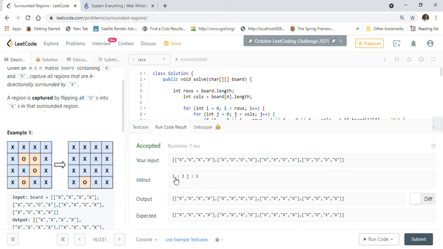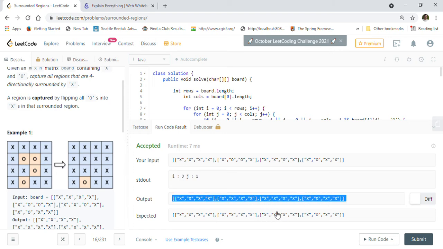So as you can see, first we go to 3 comma 1, which is this cell, right? This cell 3 comma 1 means, and then we start DFS. We go all these 3 directions, and after that we cannot go anywhere, because all X, right? There is no O here, so we will just return. So in that case, we will just flip these 3 O's, O to X basically, as you can see here. So we flipped it to X here, right?